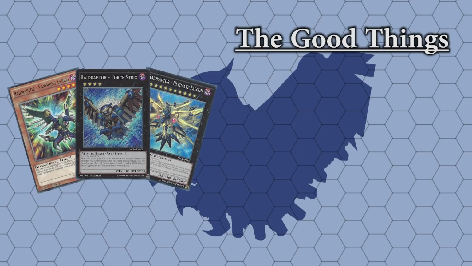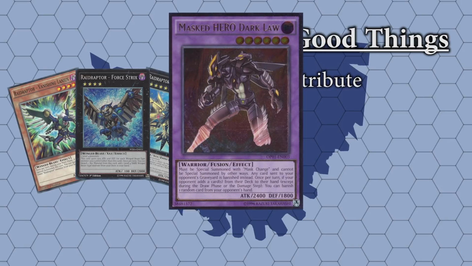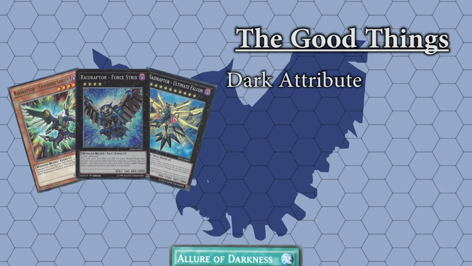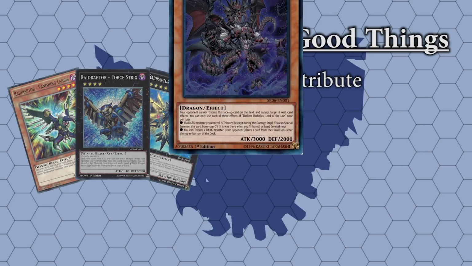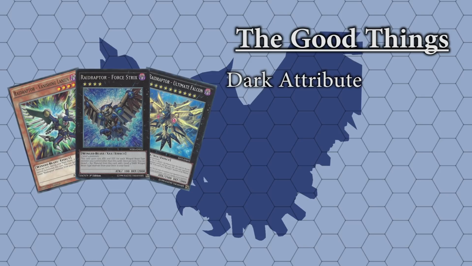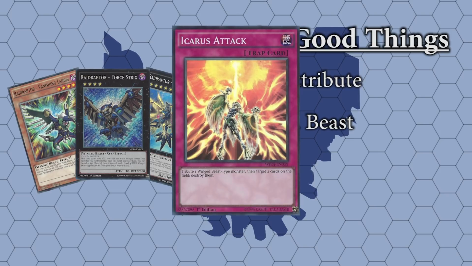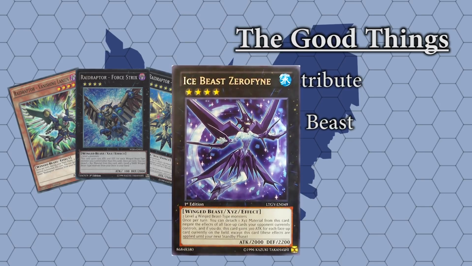The good things about this deck are, it is a dark attribute archetype, meaning that it has access to cards such as Evil Swarm Nightmare, Darklaw, Allure of Darkness, and works well in combination with the Lair of Darkness structure deck. It is also Winged Beast type, giving it access to cards such as Icarus Attack, Ice Beast Xerophane, and